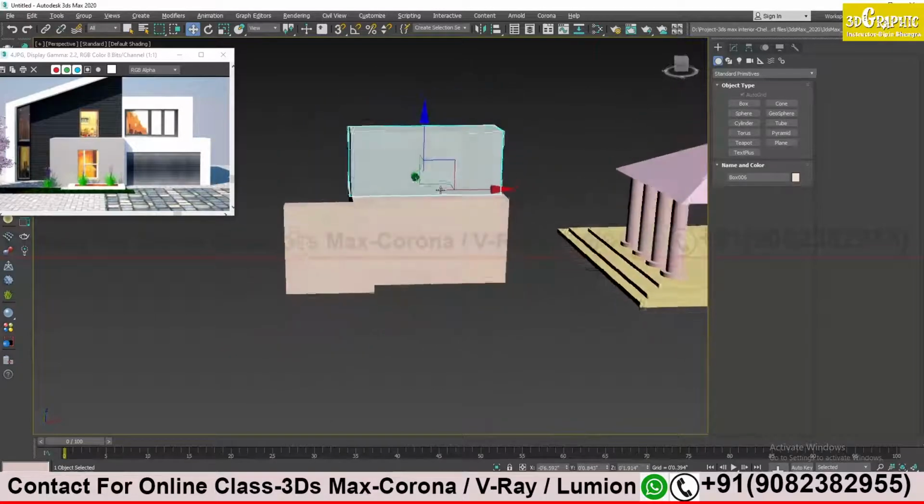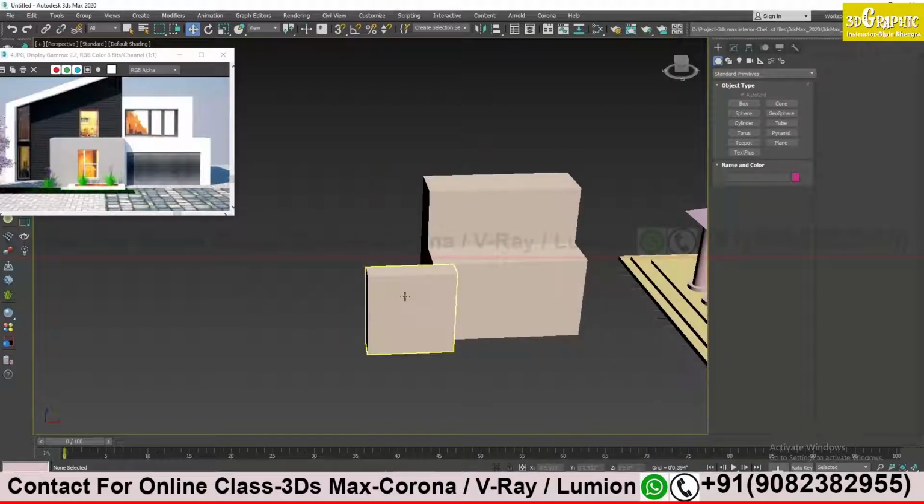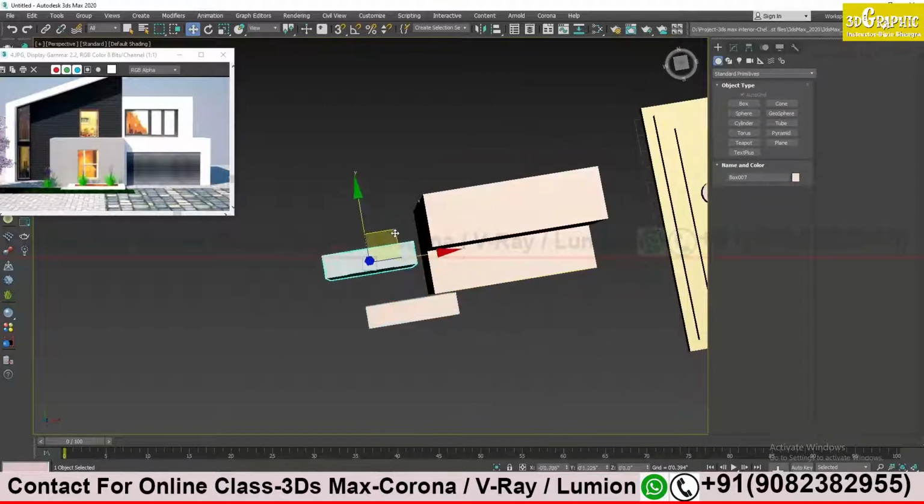Like this. Okay, now this bigger one, again I will select this, make a copy of it, and I will scale it out